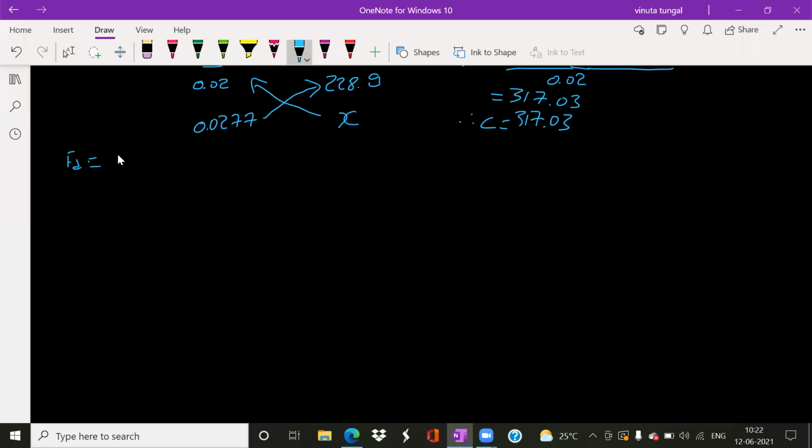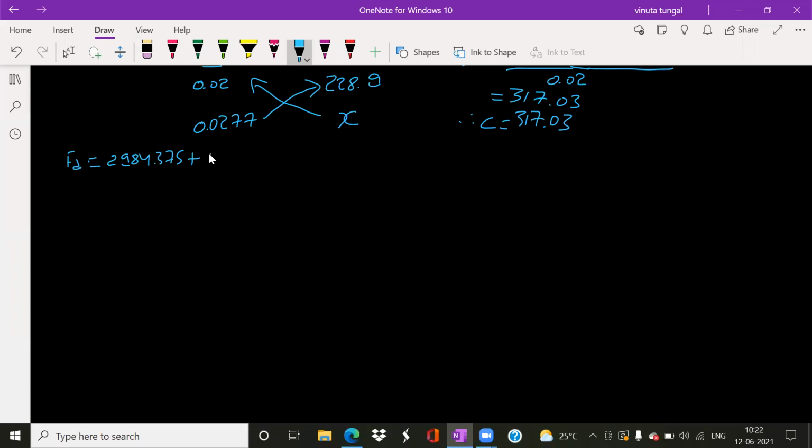FD is equal to, what is the first value? See the equation 12.26a. How much is the FT value which you obtained? It is 2984.375 plus. After that, what is the next value? Any one of you see the data and book and tell me. Which value do you need to substitute?